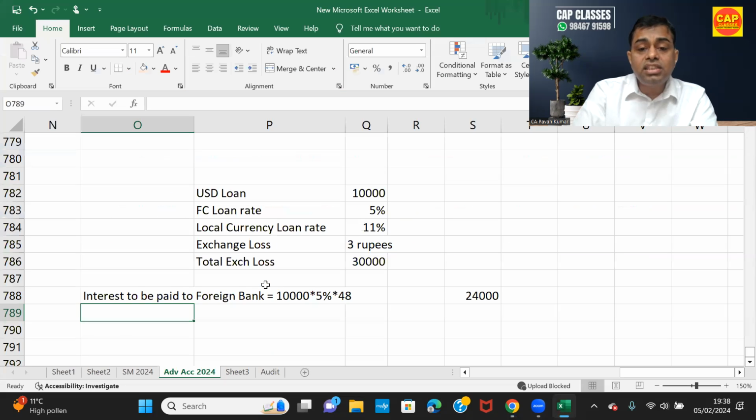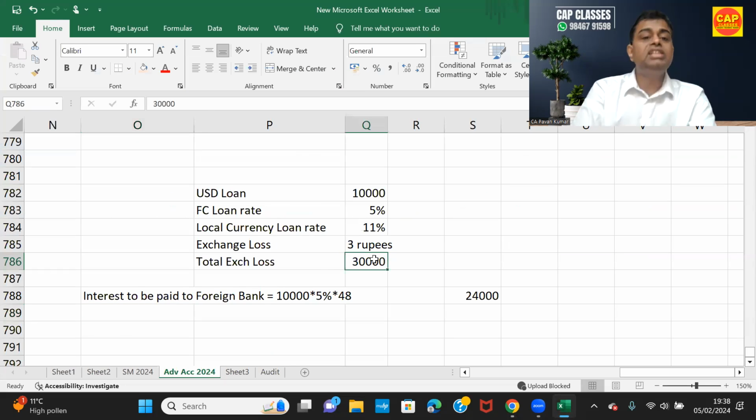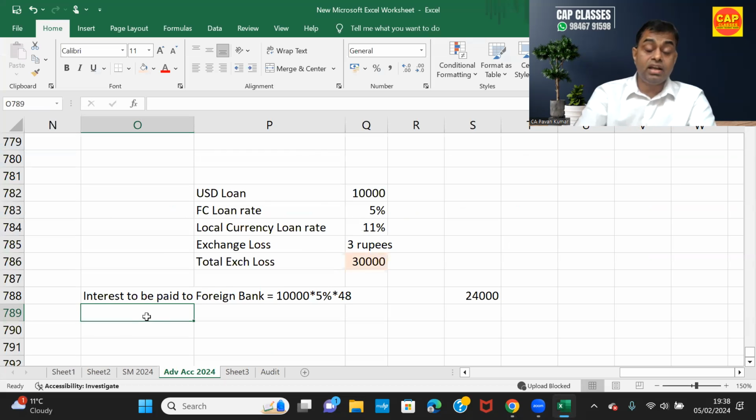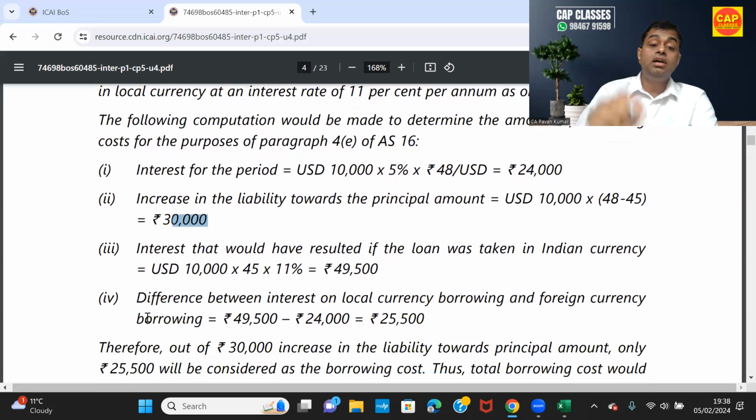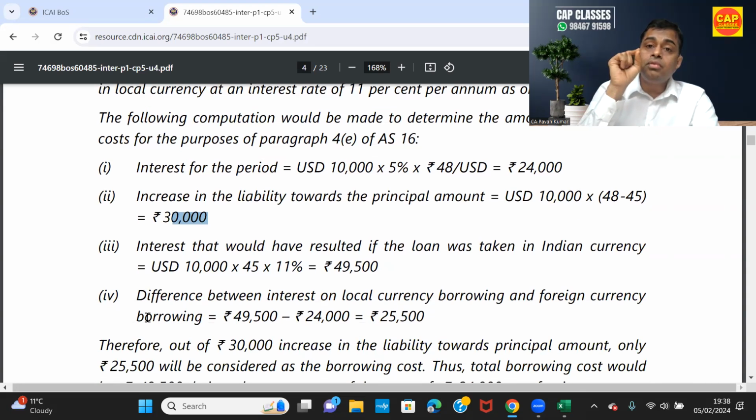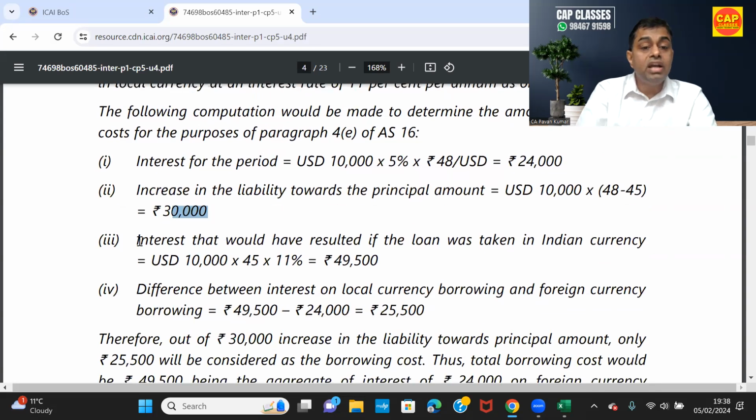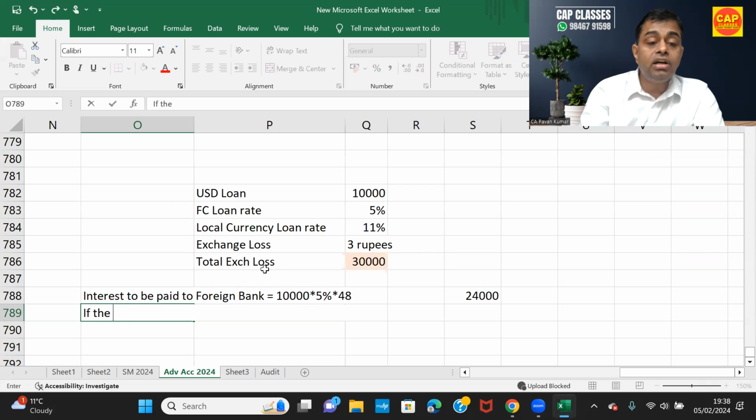Pavan sir, this exchange loss 30,000, can this be capitalized? This is the question. Now let us check what interest cost might have been incurred if you borrowed money in India. Interest that would have resulted if the loan was taken in Indian currency, if the loan is borrowed in INR, then interest cost